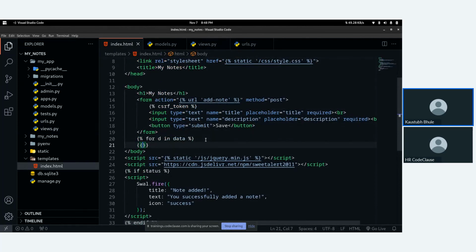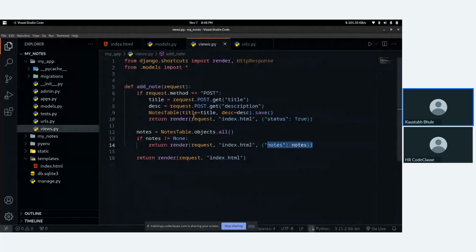For example, if I want to access d dot NID, a particular NID, I can use double curly braces, then d dot the column name I want to access, because at the end data is in the form of dictionary. This objects.all function returns data in the form of dictionary.